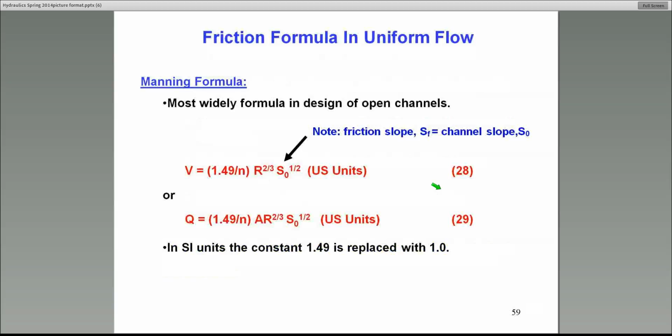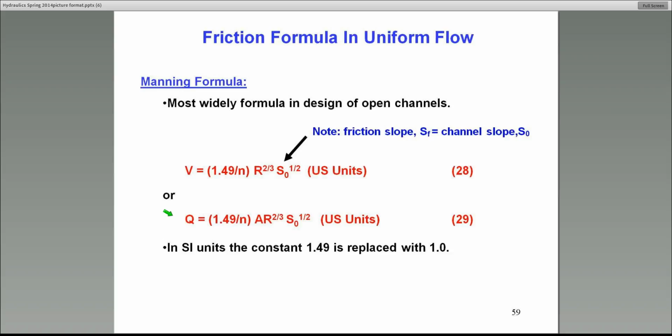Typically, we use what is called the Manning's formula in open channel systems. In the US units, you probably have seen this. In terms of velocity, it is V = 1.49 over Manning's n, R to the power 2/3, S naught to the power of half. That R is the hydraulic radius. S naught here is the pipe slope, or channel slope, I'm sorry. And we're assuming it's equal to the friction slope S_f. That's the rate at which the head is lost in the channel due to friction. And the two being equal is what makes this uniform flow what it is. In terms of discharge,